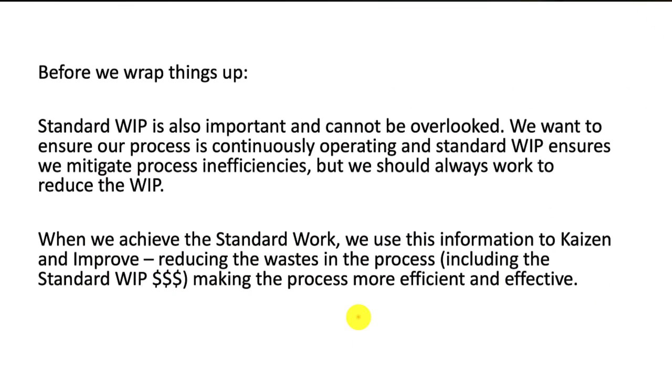But hopefully you've gotten a lot of value out of this video. So before we wrap things up, I also want to talk about WIP. Standard WIP is also important and cannot be overlooked. We want to ensure our process is continuously operating, and standard WIP helps ensure that, right? It helps ensure we mitigate process inefficiencies, right? But we should always work to reduce the WIP. WIP costs money, but when you have a process that's inefficient, you want to have a strategy, right? A WIP strategy, and say, listen, I know I'm going to have to load this process up right now with some standard WIP because my process is inefficient. But I also know that I've got plans to Kaizen this process so I can work down the waste